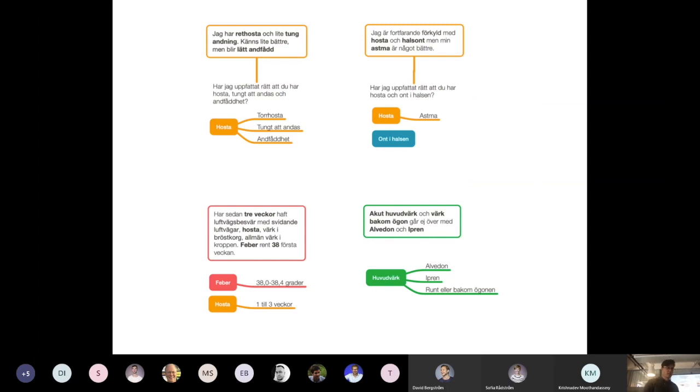So this is an example of how it works. It's in Swedish, unfortunately, again, but the first one says: I have a cough and a little hard breathing, it feels a little better, I breathe more easily. And then you can find these entities and pre-fill the form, or fever 38.